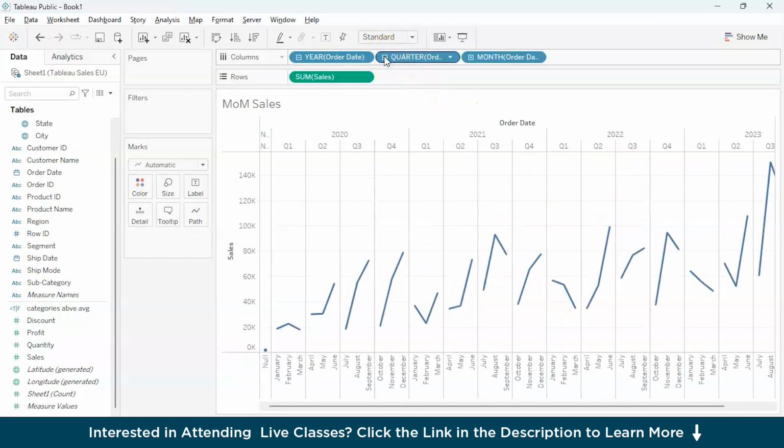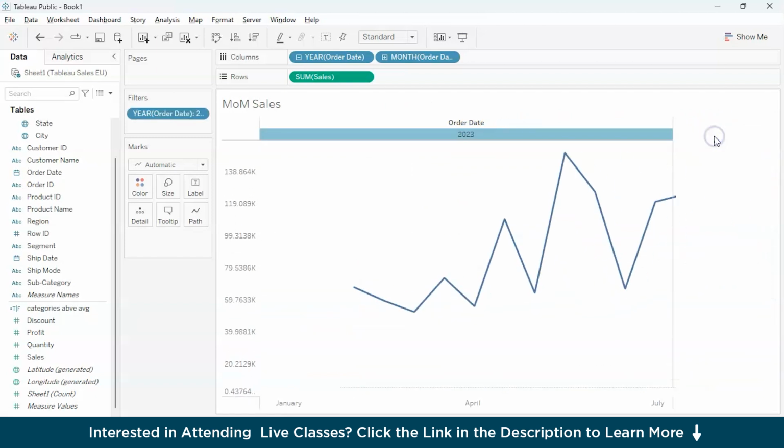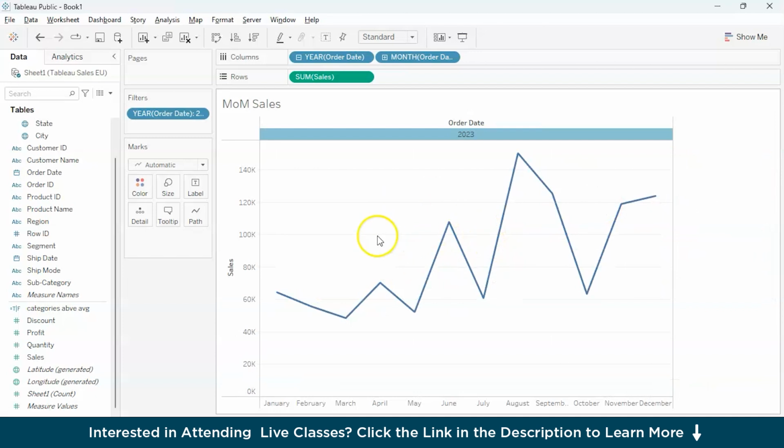So we will divide it into months. We will eliminate the quarter. So now we have a month on month sales for every year. Now what you can do is, let's say if I want to have only the data for 2023, I can double click on that and it will give me only the data for 2023. And you can also now